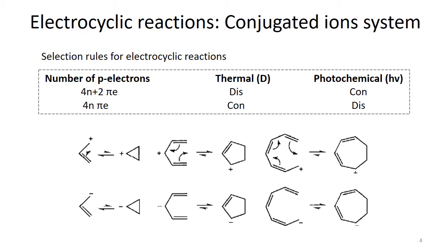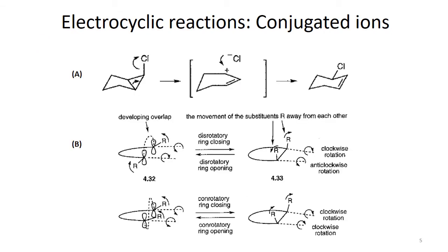Actually, there are also heteroatom-containing analogues with a nitrogen or oxygen lone pair, rather than a carbon ion center too. The system can again have substituents and fused rings too, but the overall situation will be the same. You have to identify which atoms are involved in the electrocyclic reaction, and then you count the electrons to see whether it falls into the 4n plus 2 pi electronic system or the 4n pi electronic system. So here are a few examples of these conjugated ions and radicals involved in electrocyclic reactions.